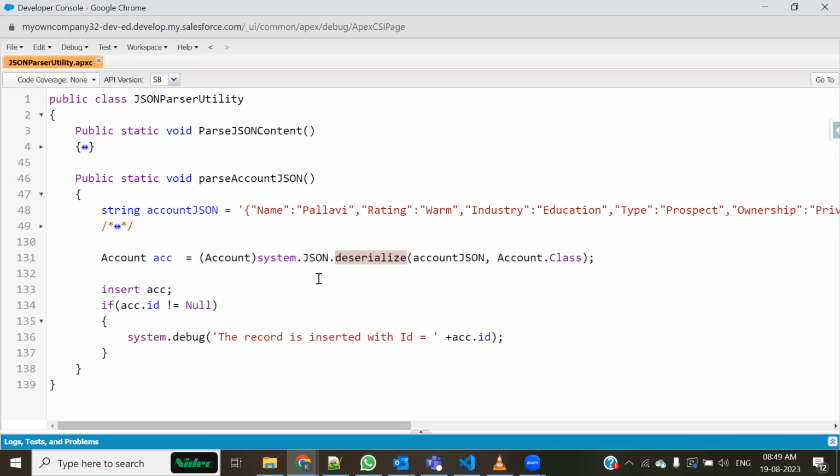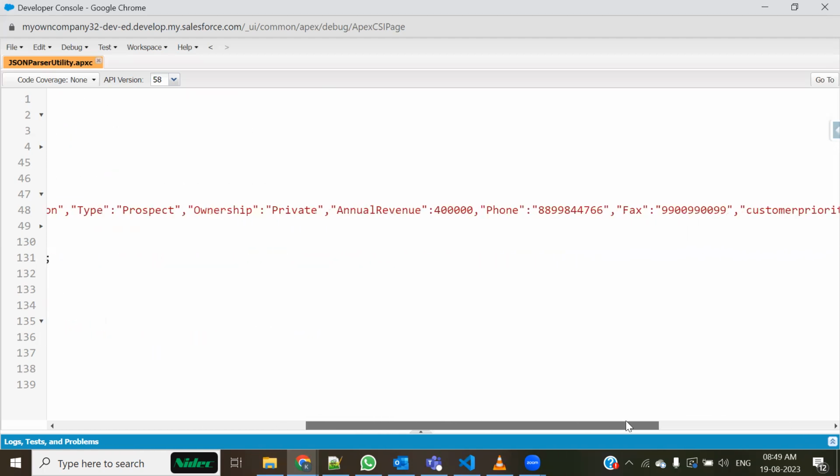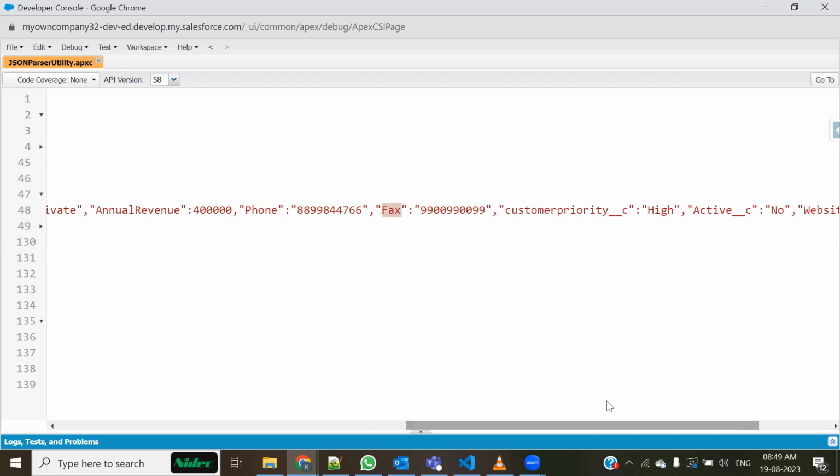So if you are using the deserialize method, there are two constraints you have to keep an eye on. The first thing: every key name inside your JSON should have an exact match with the fields of that object. If you are using an account object or a contact or whatever object you are trying to convert to and store this in, उस object का जो field name है ना, उसके साथ ये exact match होना चाहिए। ये अगर जरा सा भी 19-20 हो गया ना, it's going to give you a parsing error, आपको पार्सिंग एरर मिलता है।